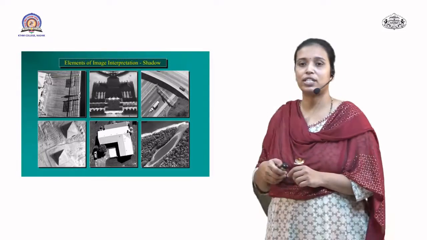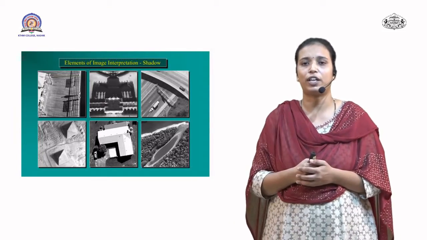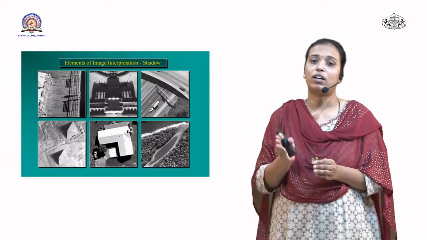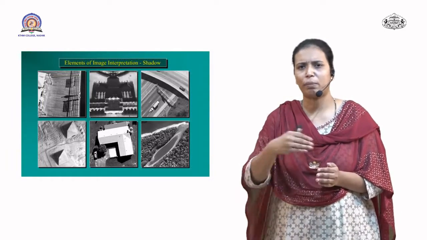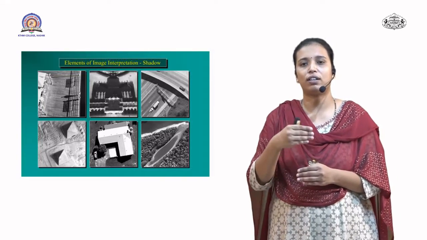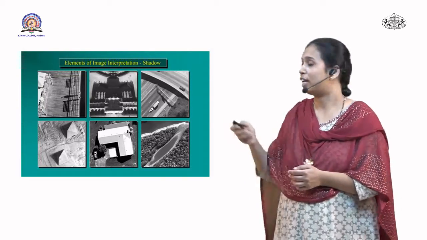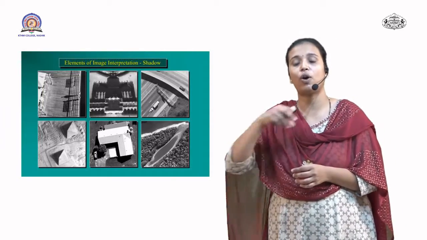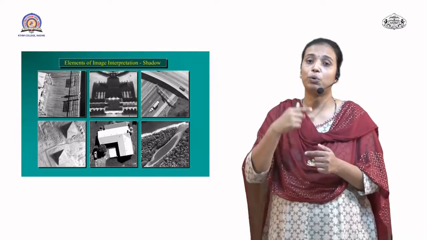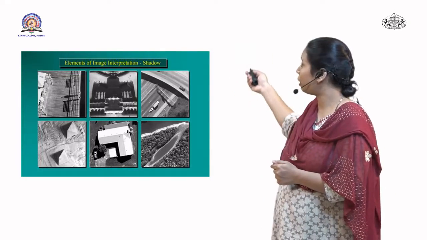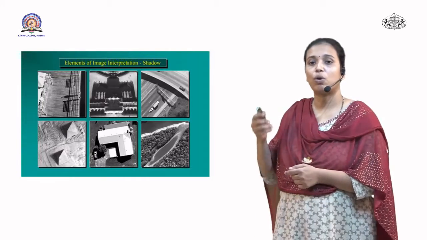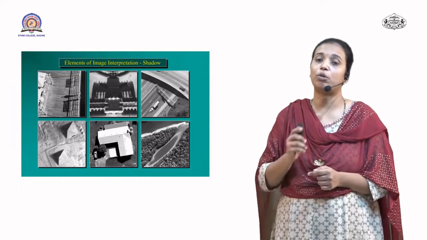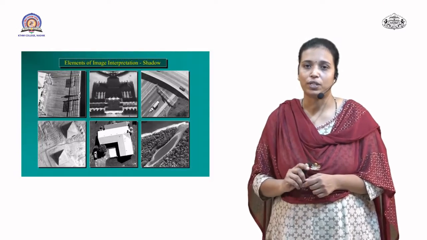In the first image you can't identify the object, but due to the shadow you can see that there are different rods and a man is standing near the rod. It may be a few boundaries where the man is standing. In the second image of that particular row, you can see only a line or a boundary or a wall, but due to the shadow you can see that it may be the wall of a fort. So likewise, shadow helps you to identify different objects and to measure the height of that particular object.